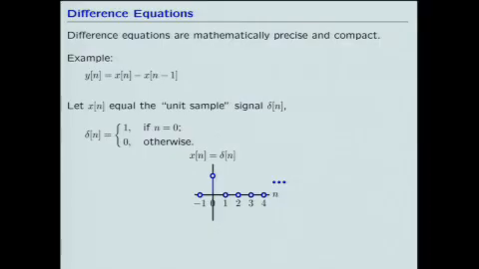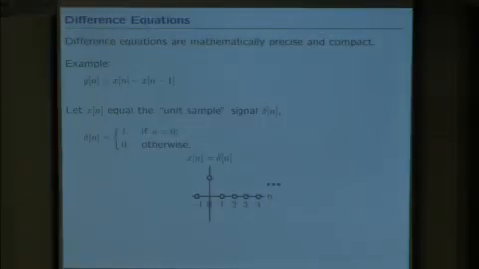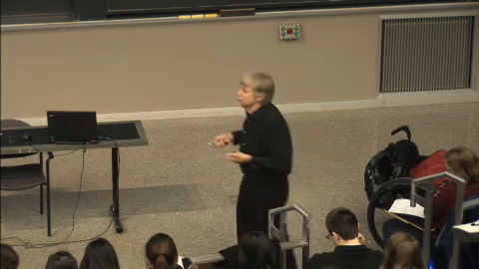I'll tell you something about the input for the purpose of example, where I'll use the simplest possible input that I can imagine, something that we'll call a delta function. A delta function is a signal. It's a discrete time signal. It has the value 1 if the time index is 0, and has the value 0 everywhere else. It's, in some sense, the simplest possible signal that we could imagine. So it's natural to start there.